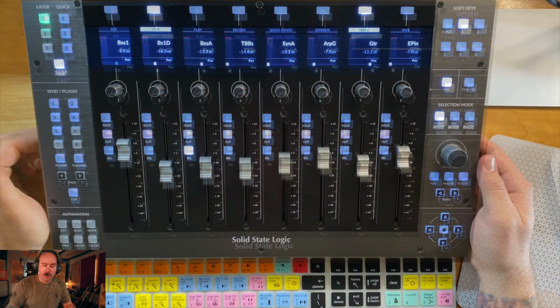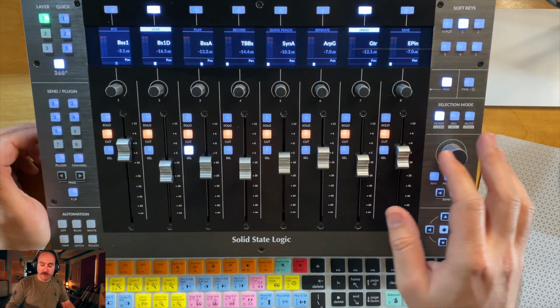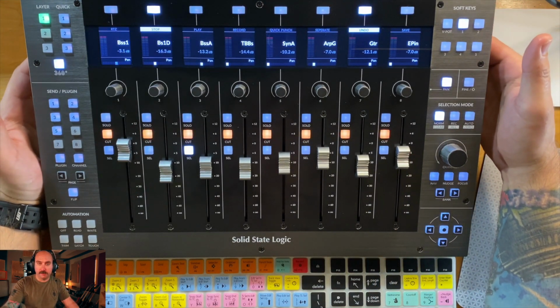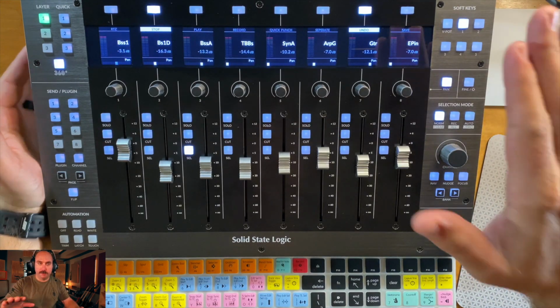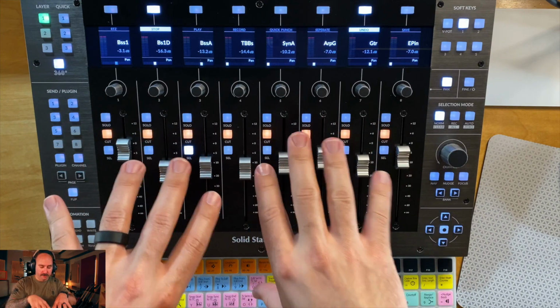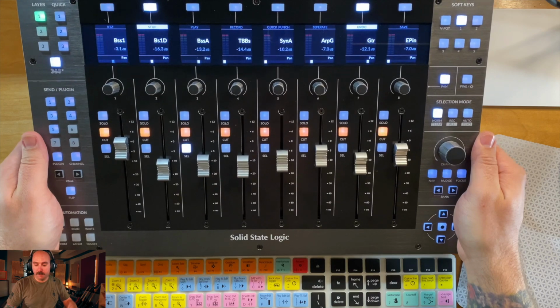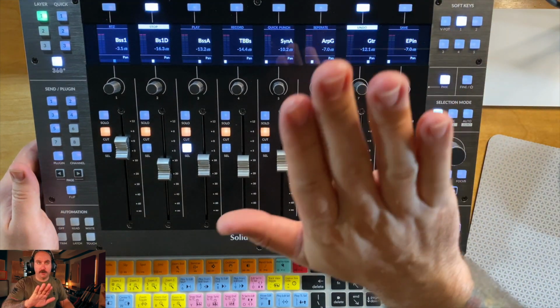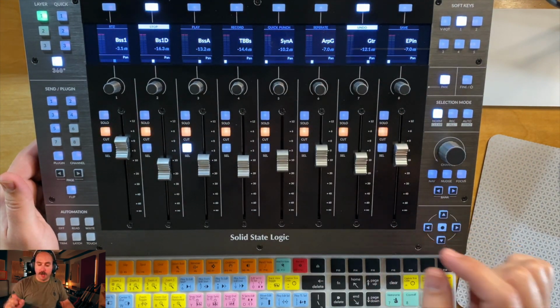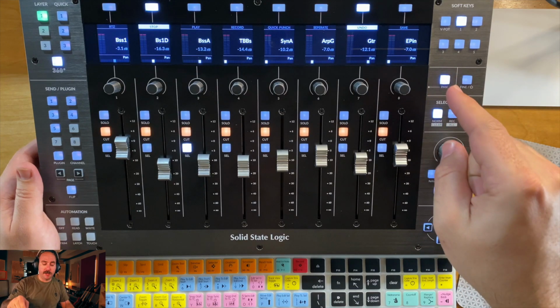Definitely love that feature. All right, so let's get into some of the hardware now. One cool thing is the angle that you can set this controller at. You can have it completely flat on the desk, just like your keyboard or anything else, or you can actually dial this thing in on the back to whatever angle you want it at. Now I have some cloud room treatment covering up here that has some LEDs on top of it, and I noticed that the